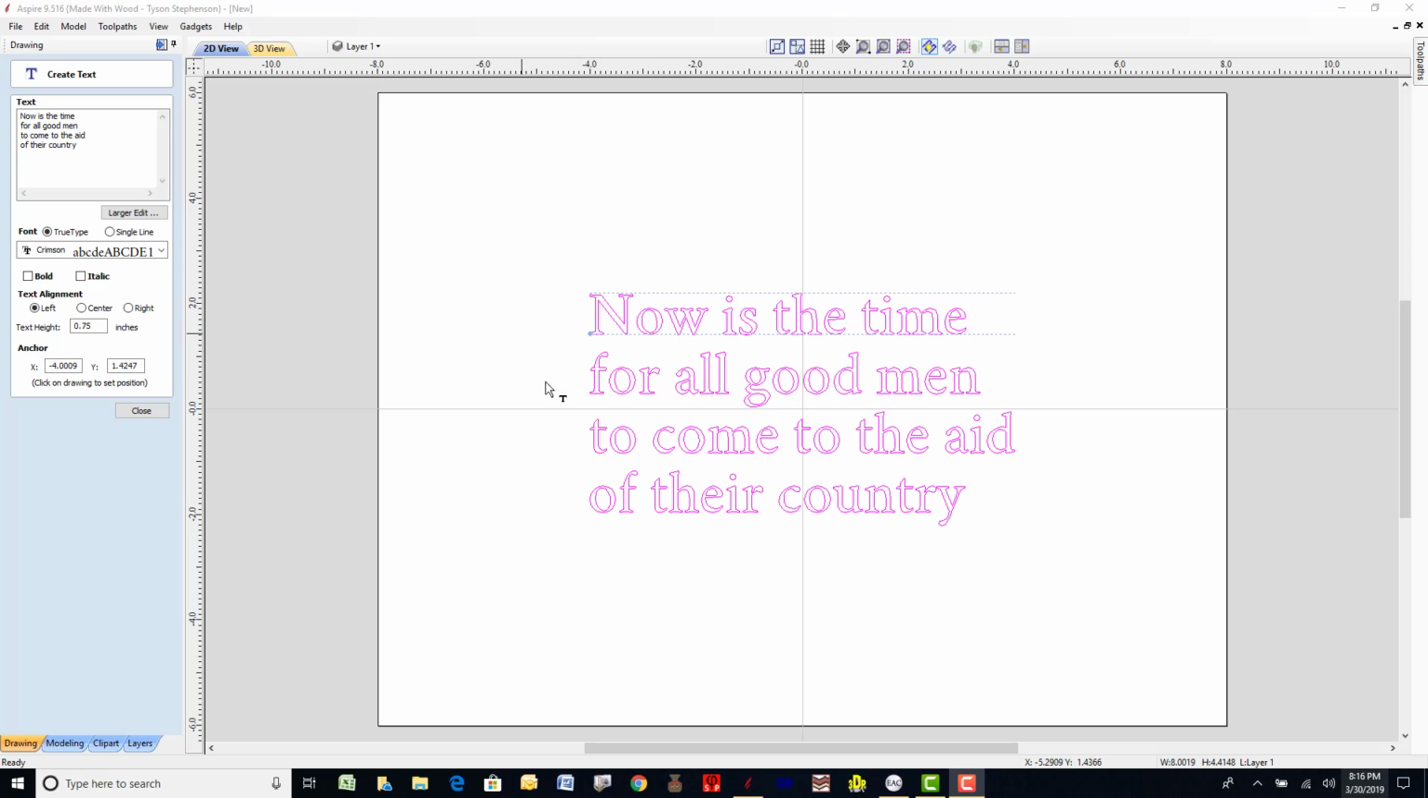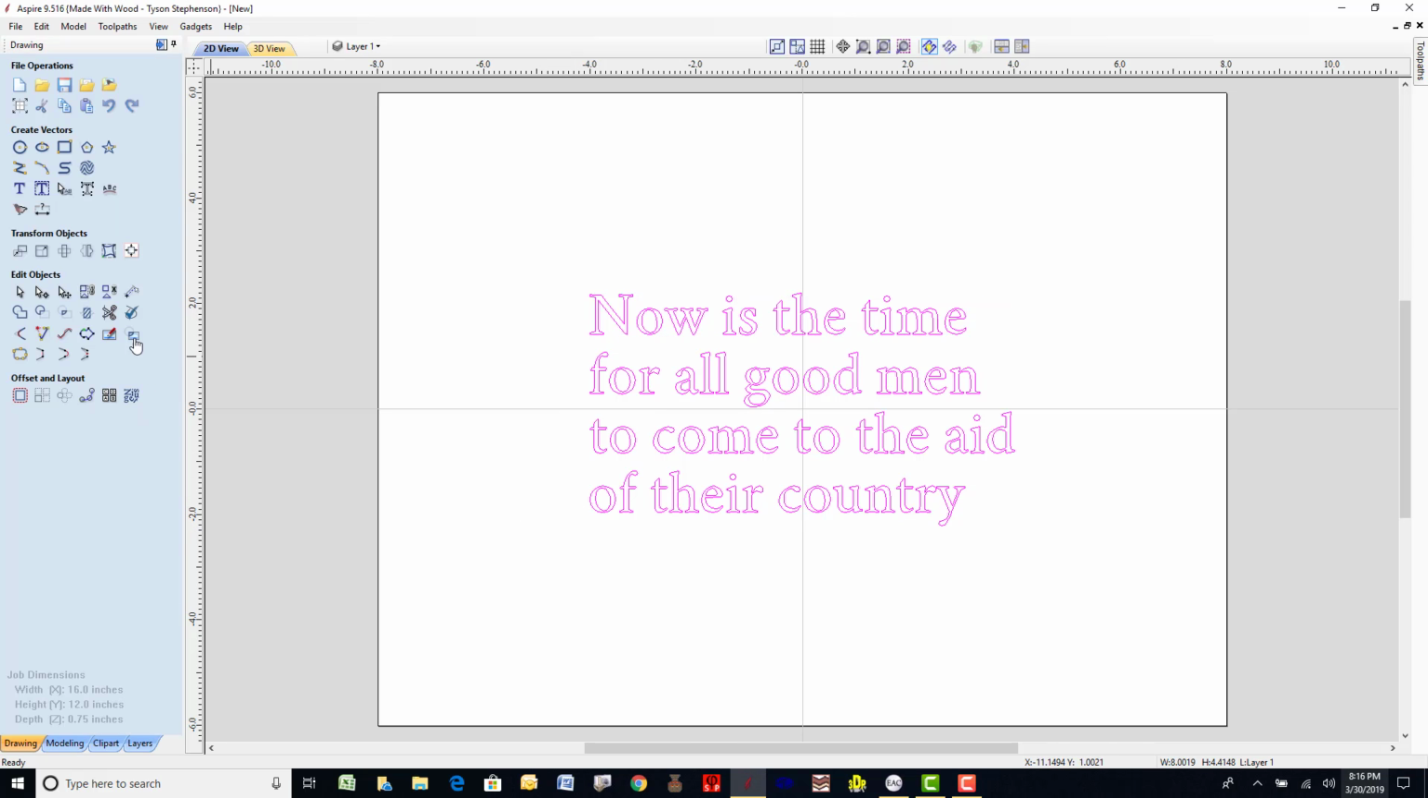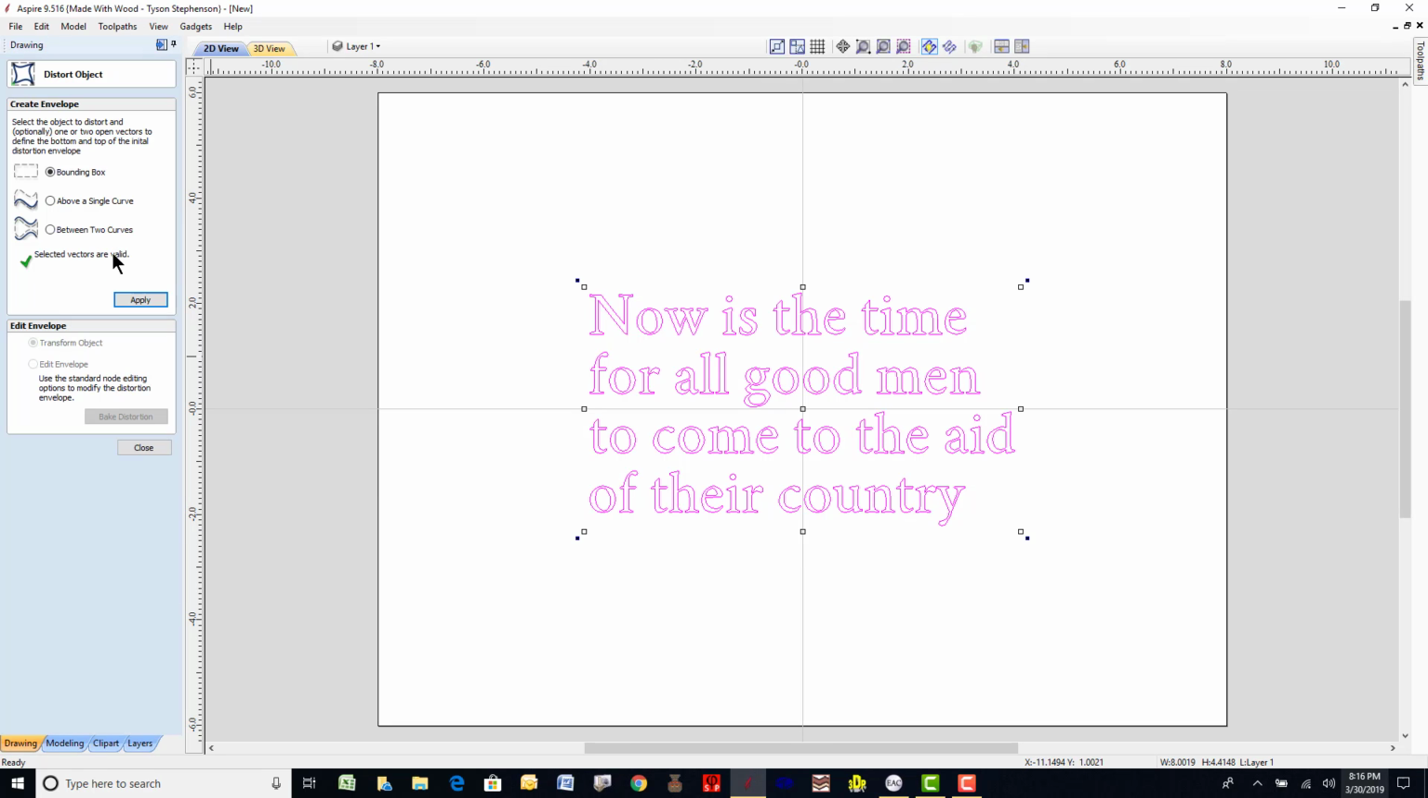So you get your text looking as close to how you want it, and then you close out your text tool. Then you go to the Distort icon. We're going to click Distort, and what we're going to be using is a bounding box, and all the text is highlighted. So I'm going to say bounding box apply, and when you apply, you get these lines around